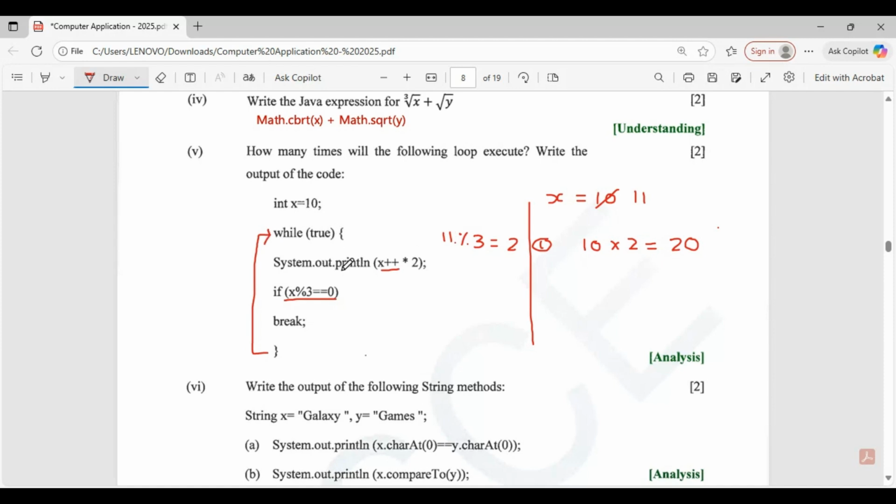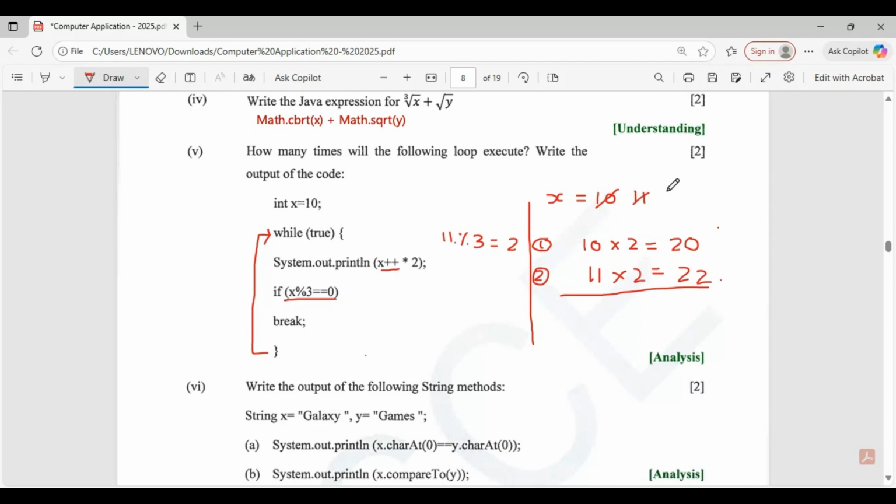Inside this, System.out.println(x++). So again, first it will take the current value of x, that is 11, and 11 into 2 is 22. It will be displayed. It is post increment, so after this statement, it will increase the value of x by 1.